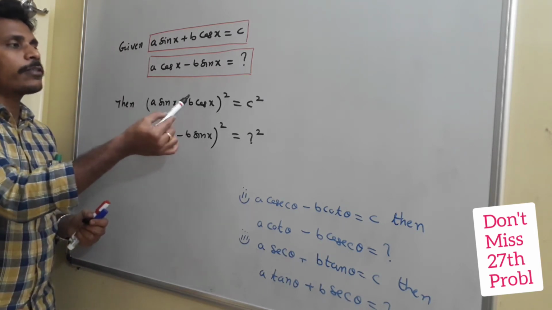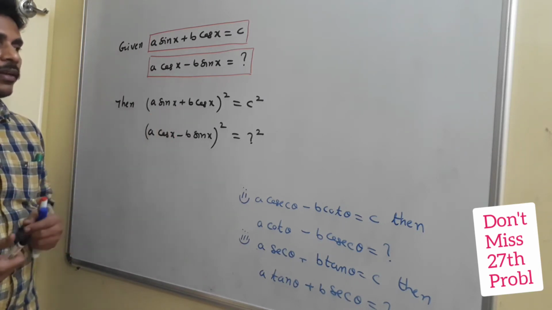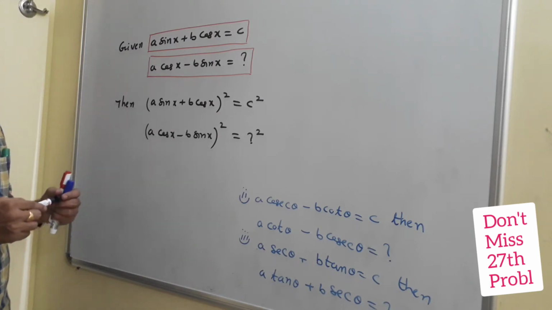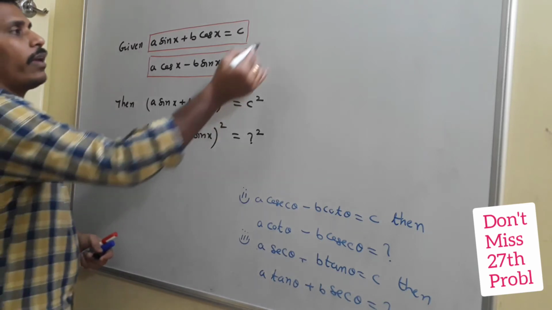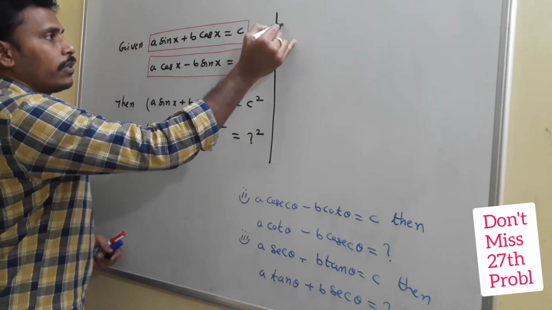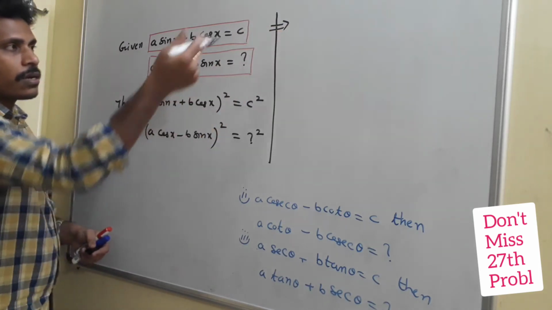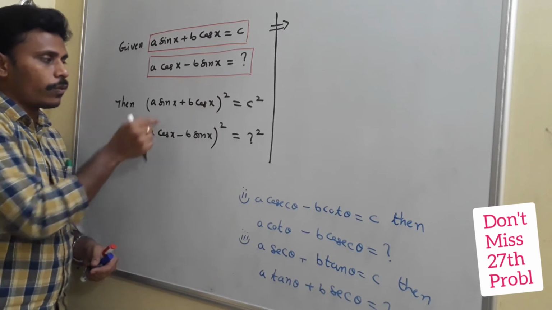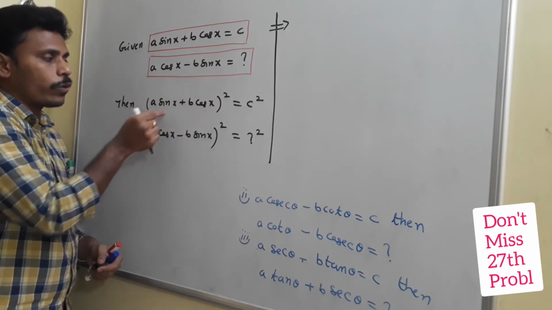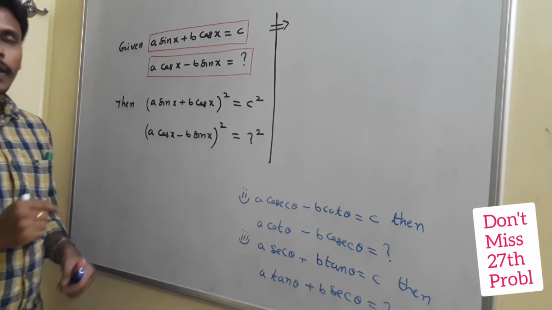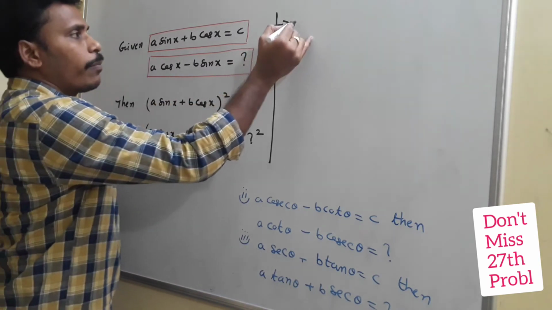See, (a sin x + b cos x) whole square. Apply the square term. And here (a cos x - b sin x), you need to apply the square term again here itself. And then what will happen in the next step? From this, I am writing here. That implies, after this, I am continuing there. (a sin x + b cos x) whole square. See, something plus something whole square: square of this one, and a 2ab. Is it right? And now if you do like this, what will happen?